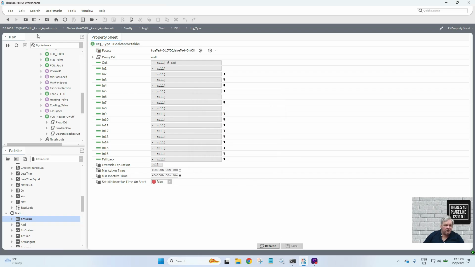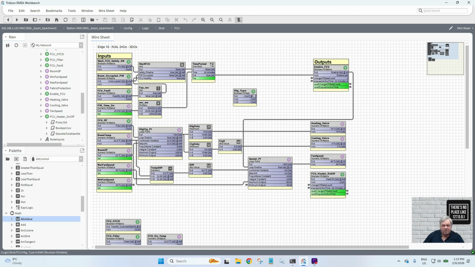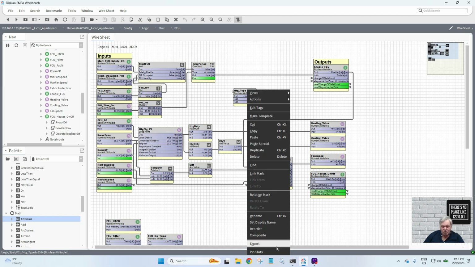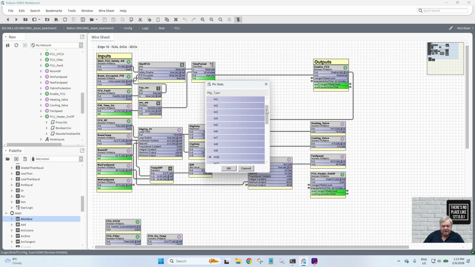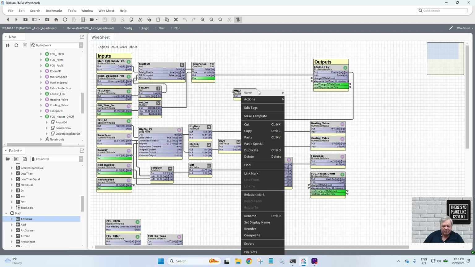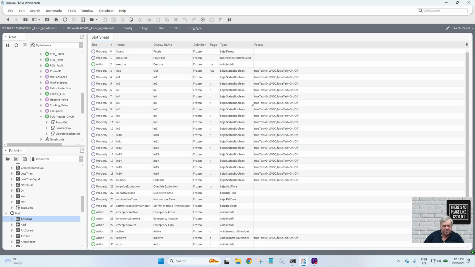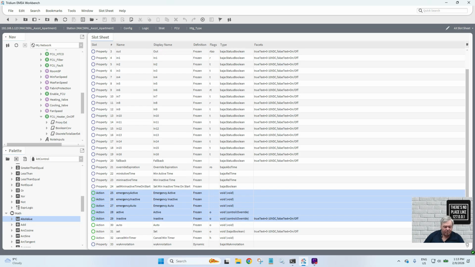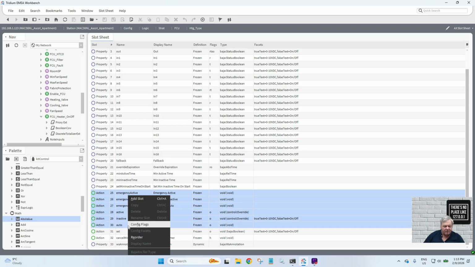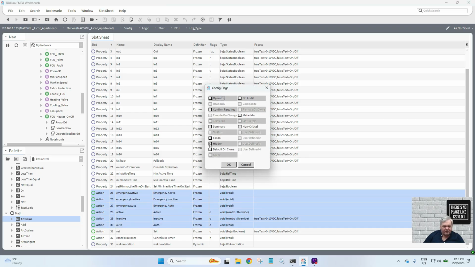Save. Pin slots. Let's take out in 10 and in 16, and let's hide views AX slot sheet. Let's hide all these. Oops, I want to hide another one. Click on that and click on that, and config flags hidden,